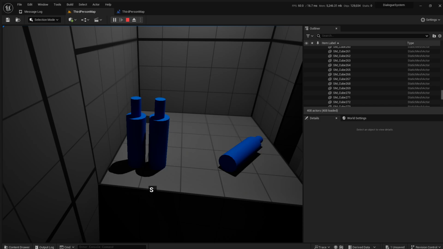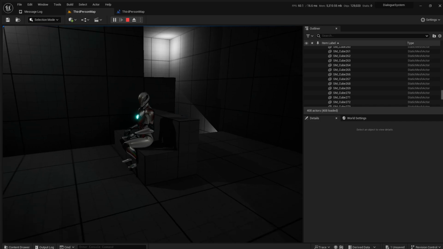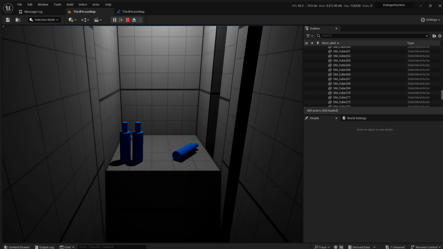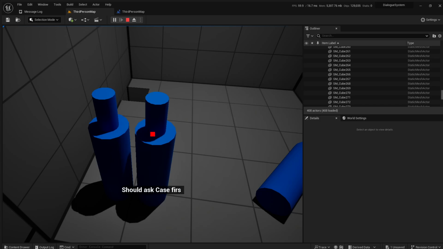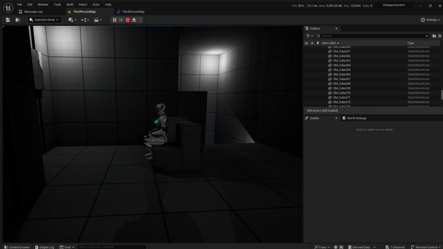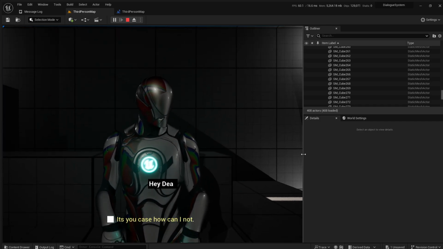And if I interact with this, it should say ask Case first, which means I haven't interacted with the NPC yet. And you can also see it fades out. And if I rapidly press, it won't. It will only appear when the first dialog disappears. So with that done, when I interact with him,